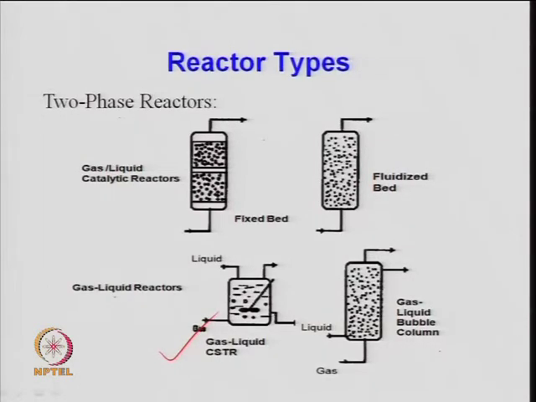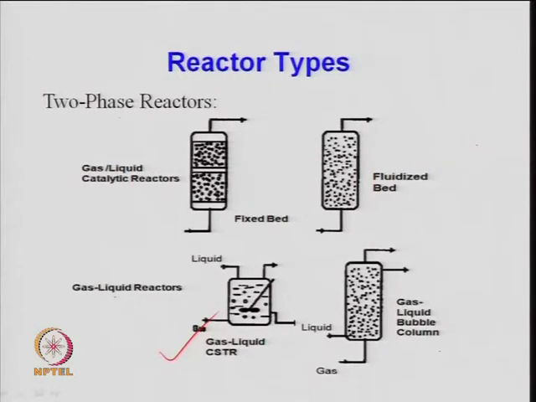So, you can see here the gas is passed from the bottom, and the product and the unreacted reactant come from the top, and the catalyst is placed in this bed. The distribution of how the catalyst particles are distributed is very important, and some inert is mixed in to have heat dissipation. Regeneration of the catalyst is difficult in this kind of reactor. In the other one, you have good contact between the gas and solid. In terms of back mixing, it will be more here, because it behaves like a CSTR as I discussed in my last lecture.